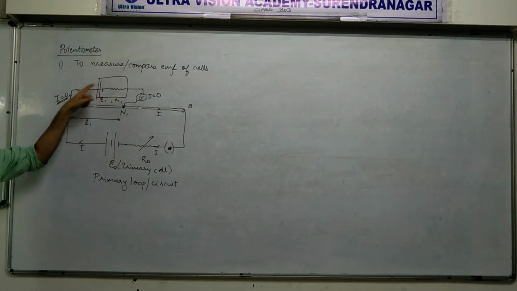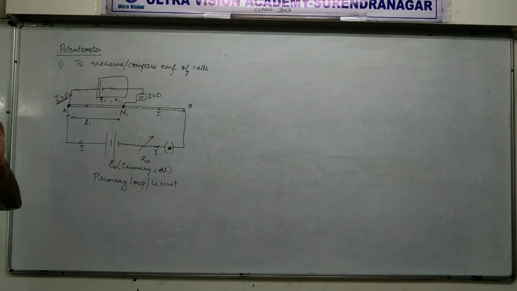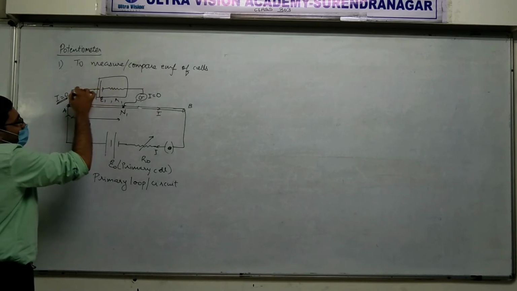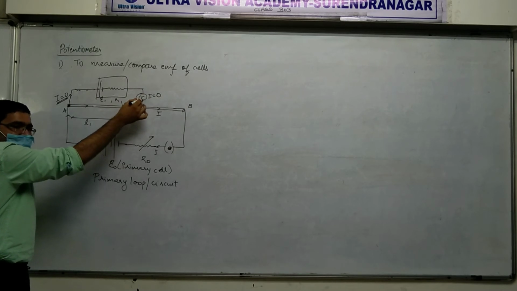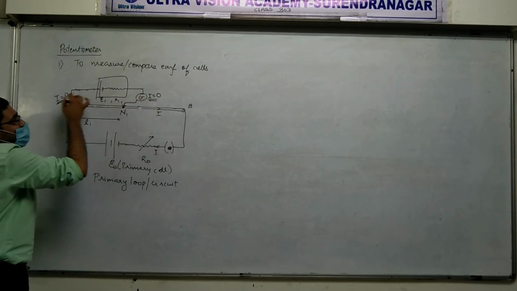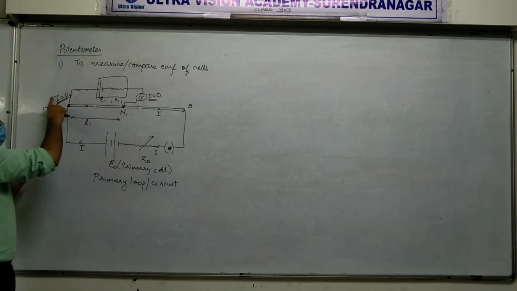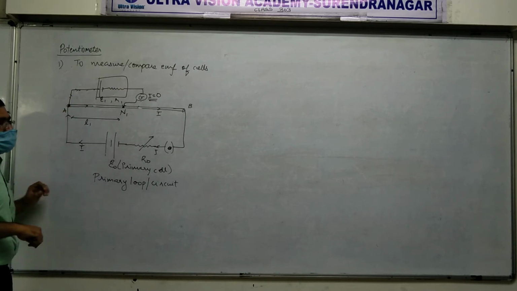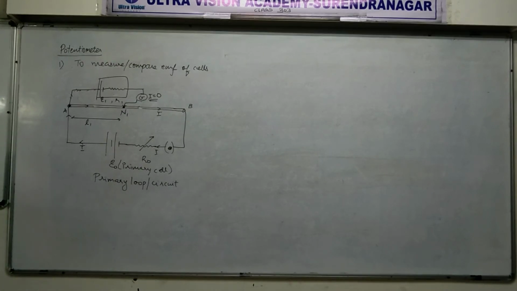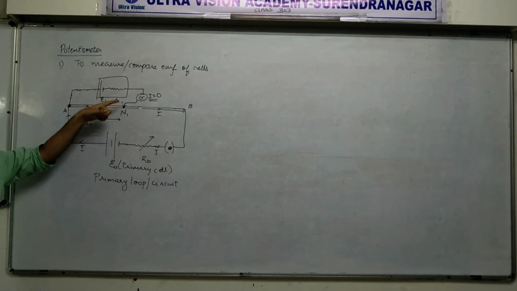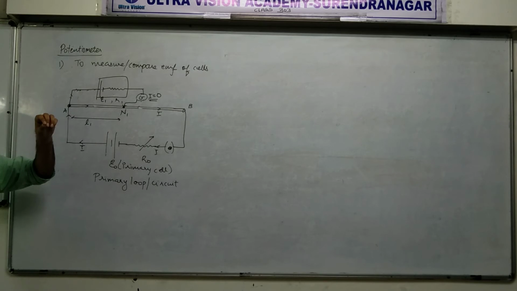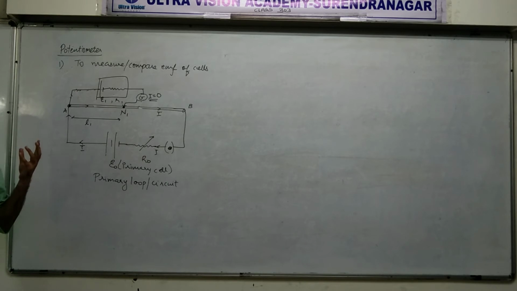No current flows here at all. Understood? Or not understood? Because if it would flow here, then the same current has to flow here also. But here the current is 0. So here 0. Got it? No current is flowing anywhere in this. See the magic. Is it connected? Yes. Still current is not flowing. It is not that there is no contact here; it is all fine, the circuit is connected, but still current is not flowing. That is what the potentiometer helps with.